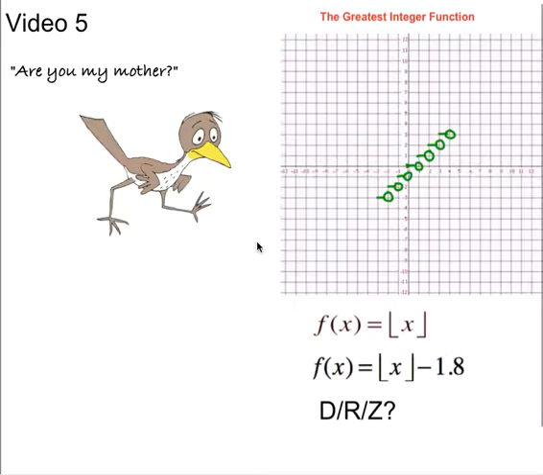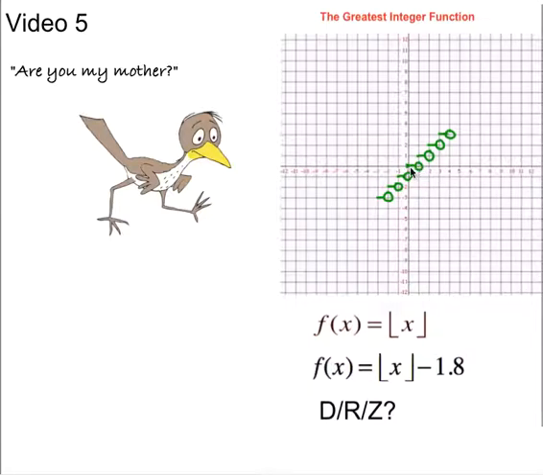Video 5, we're going to look at one parent function. It is the greatest integer function. It's drawn here. If you're ever confused on how to draw it, just remember it's closed circle to an open circle. Because, for instance, once you hit the greatest integer less than or equal to 1, right, at 0.999,